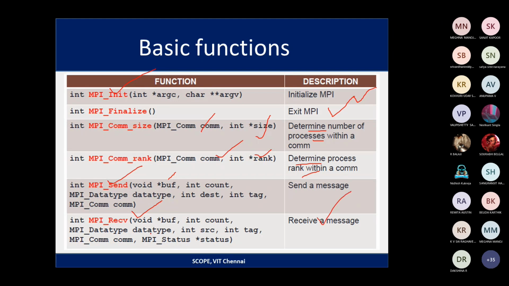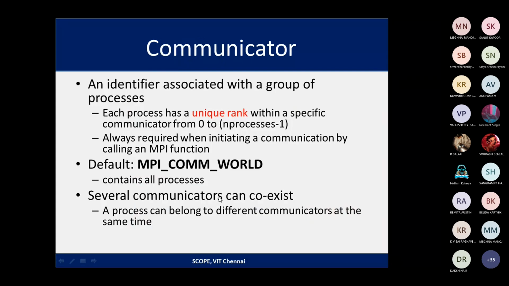The same parameters we have to pass here, but instead of destination, when we are sending, we need to send to the destination. So here the destination parameter will be there, but in MPI receive there will be the source parameter. Who is the source sending the message? And one more extra parameter, that is status. Whether it has been received, whether it has been dropped, whether it has failed. So this is the same thing. You can see all the parameters are the same, and the destination and source are varied, and the status is also an extra parameter.